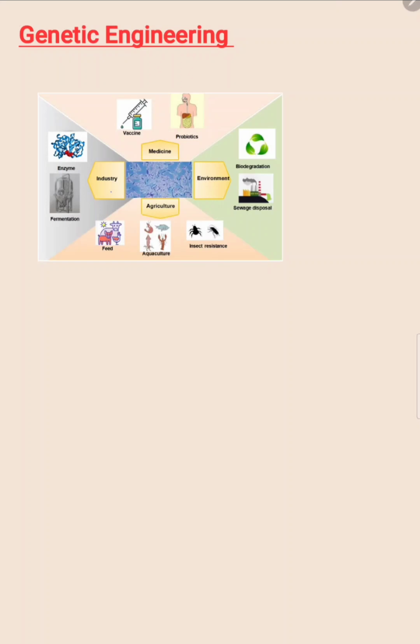I'll first explain the applications of genetic engineering in the agriculture field. In agriculture, genetic engineering is applied to produce weedicide resistant crops and pest resistant crops,